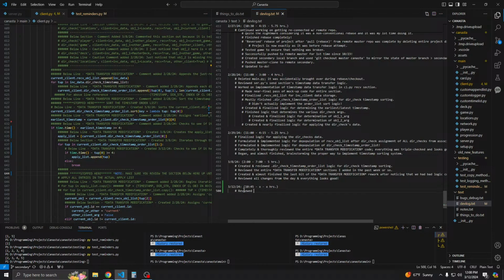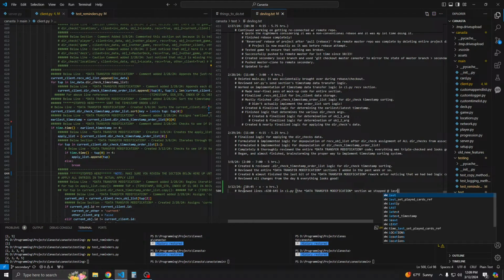We'll just say lines 630 to 645 in util.py, the transfer modification section we were working on previously. The section we stopped at last session